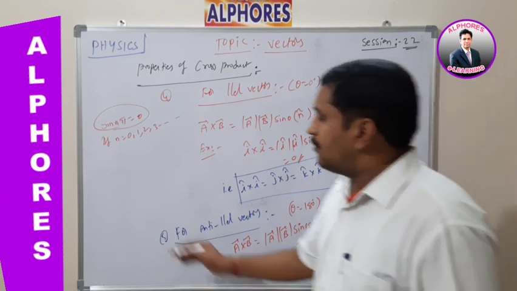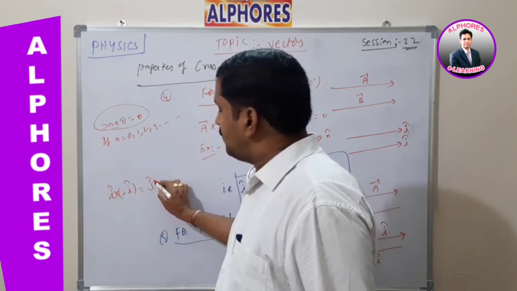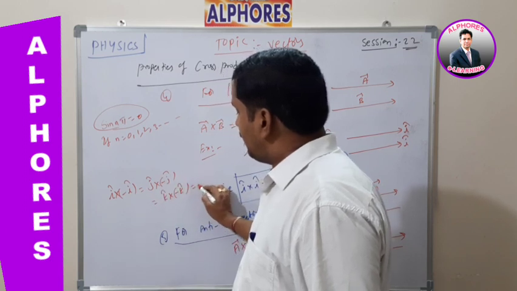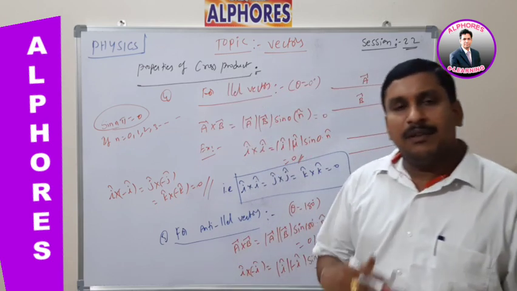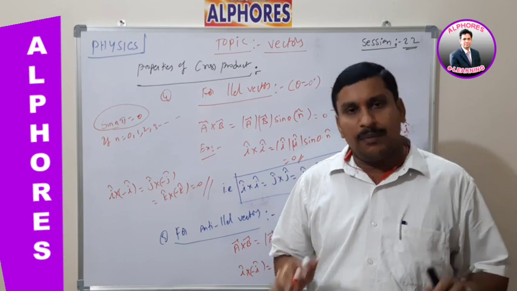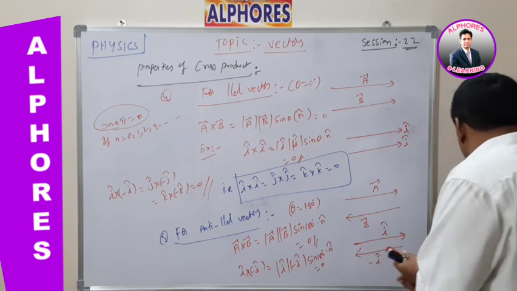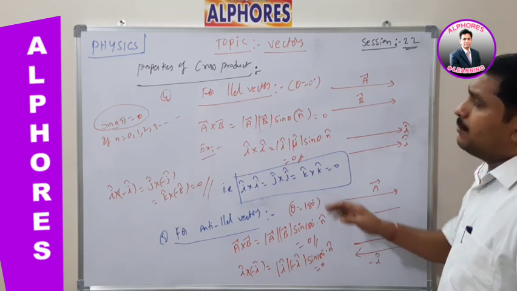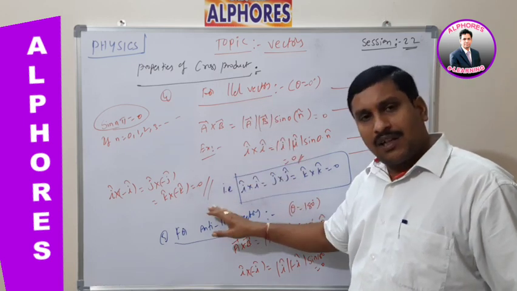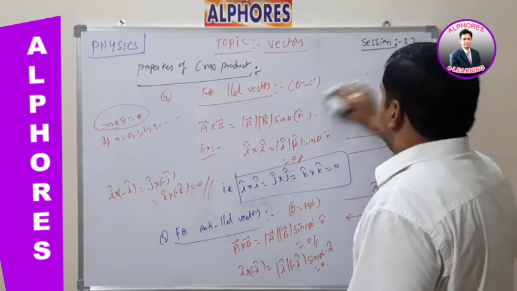What is the final conclusion here? This was already completed yesterday. I cap cross minus I cap is equal to j cap cross minus j cap, which is equal to k cap cross minus k cap, which is 0. That means the cross product of two anti-parallel vectors is also 0. Anti-parallel vectors means two unlike vectors. The cross product of parallel vectors or like vectors is 0, and the cross product of two anti-parallel vectors is also 0.